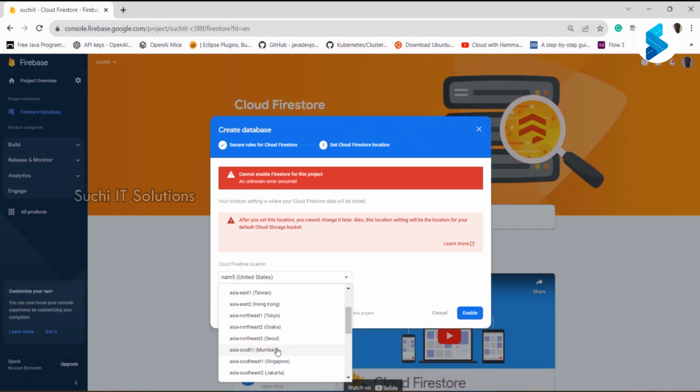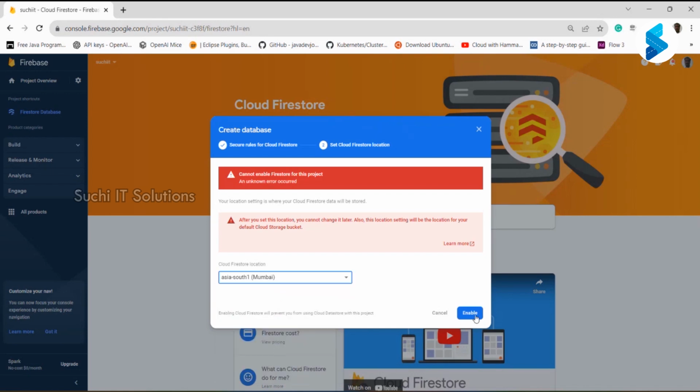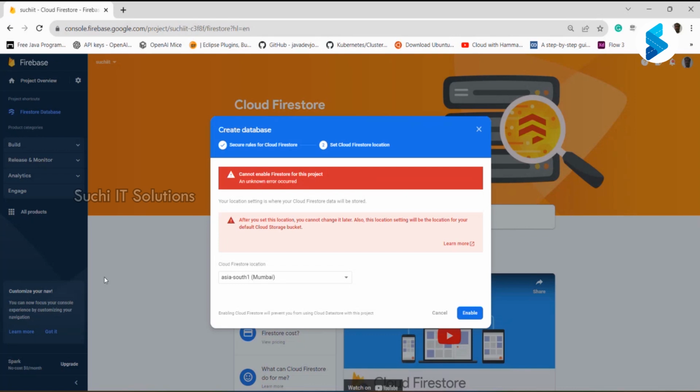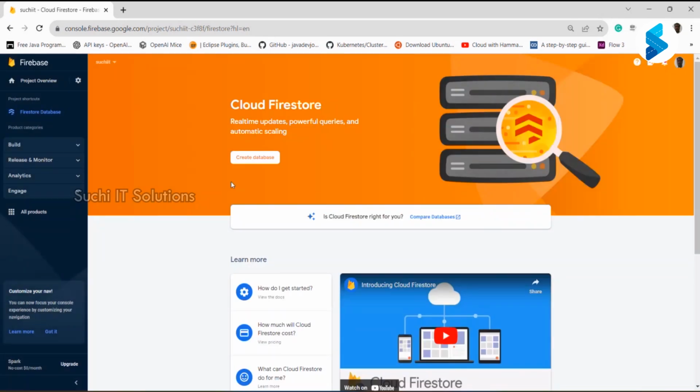I'm showing it again here. Once you get the provisioning, we need to take the configuration part. So where is my configuration part? Cannot enable for this project is an unknown error. Give me one second. Go to here,